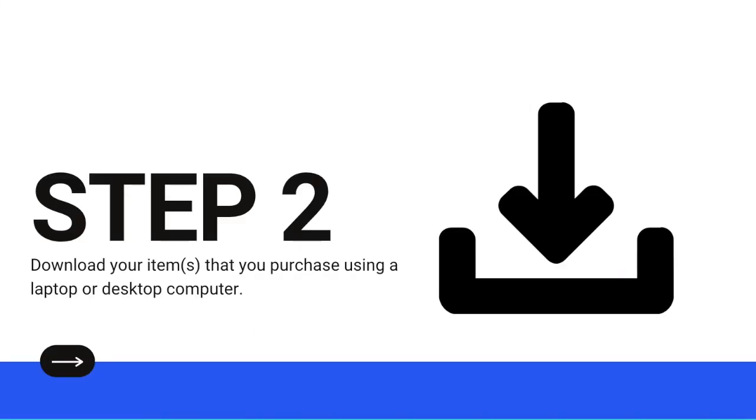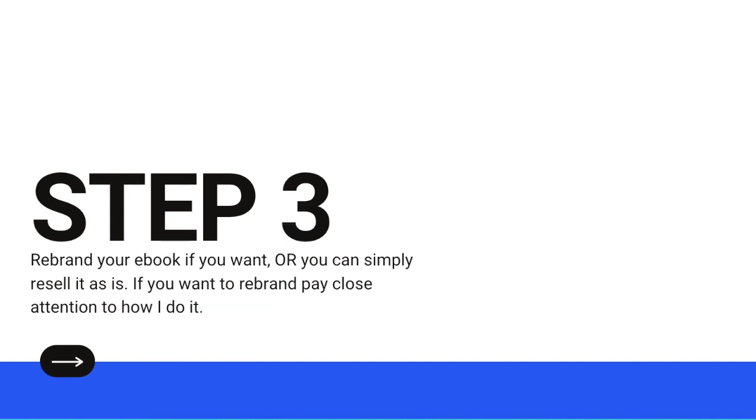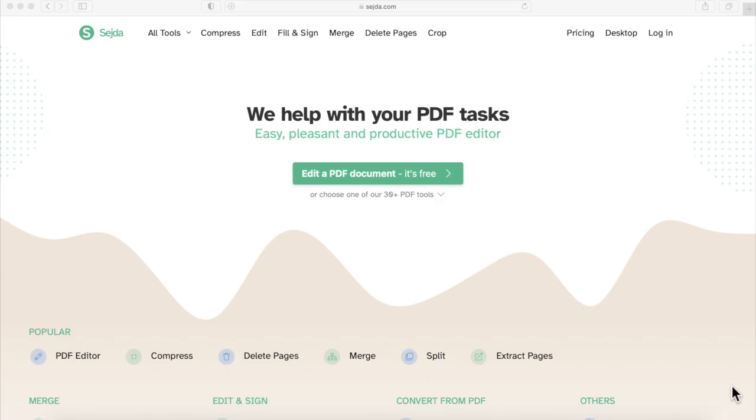Step 2, download your item or items that you purchased using a laptop or desktop computer. Step 3, rebrand your ebook if you want, or you can simply resell it as is. If you want to rebrand, pay close attention to how I do it. If you choose to rebrand any ebook or any PDF document that you purchase from PLR Hustle, I always use the website